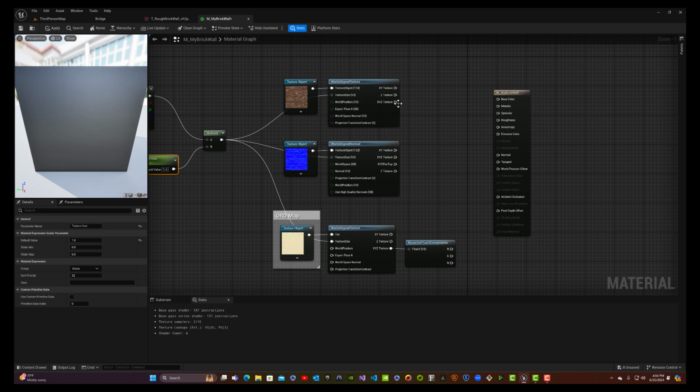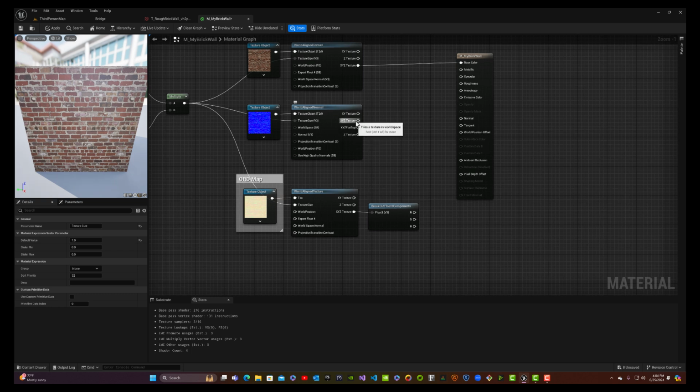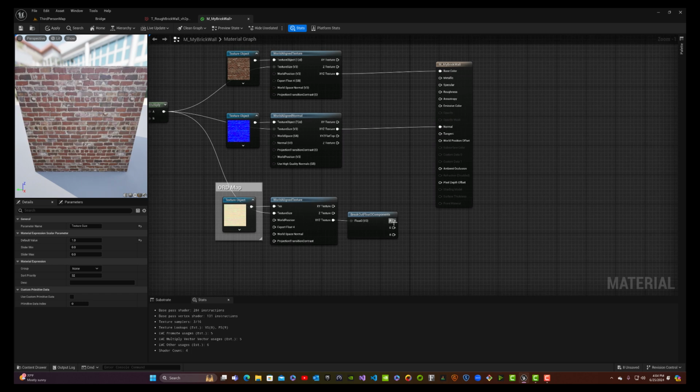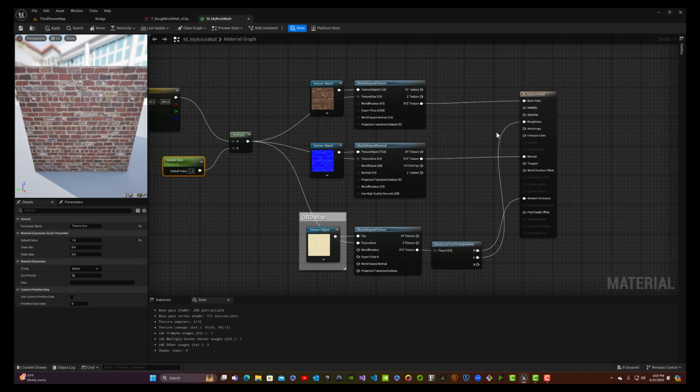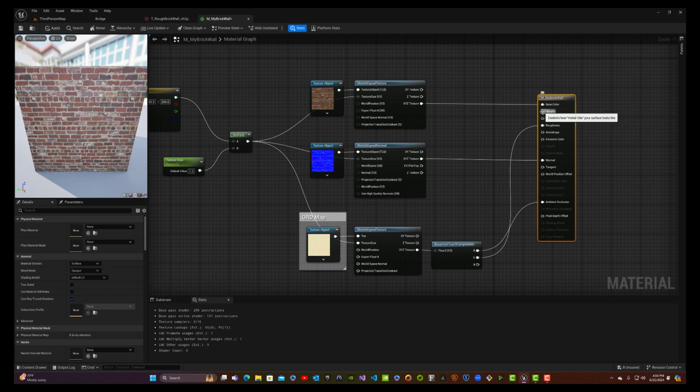And now I can take the XYZ texture out of this first world-aligned texture, plug that into the base color, take the XYZ texture out of the normal map, plug that into the normal, and then use ORD. O, ambient occlusion, R is roughness,